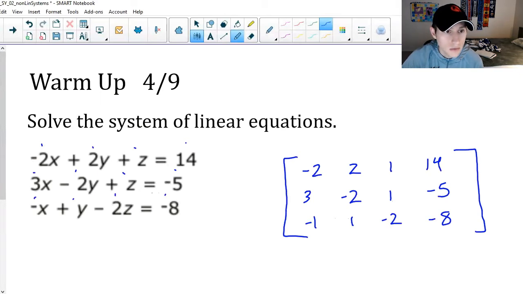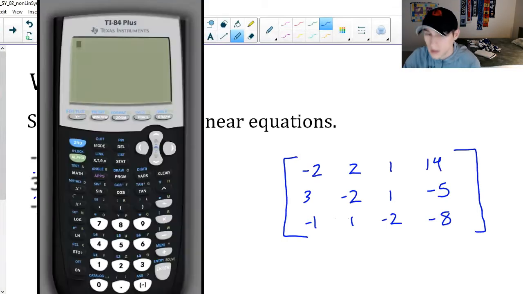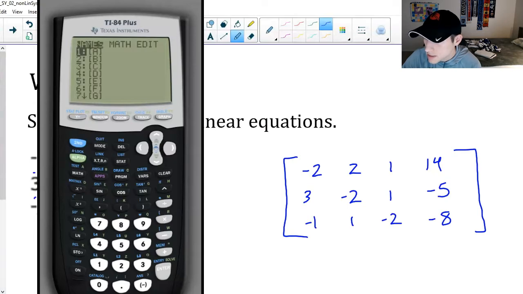All right, let me pull this up here. So the first thing that I'm going to do is we need to bring up the page on our calculator that deals with matrices. I don't know if you'll be able to tell, but if you just have a TI-84, there is a matrix button on the very left side. It's underneath math, right? But you'll notice it's written in blue. So that means we have to click second and then x to the first power,